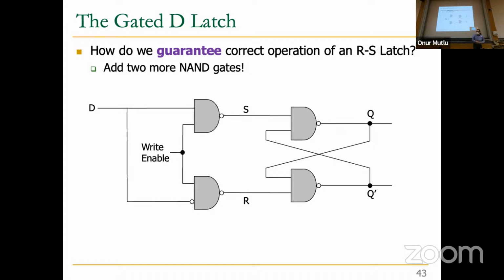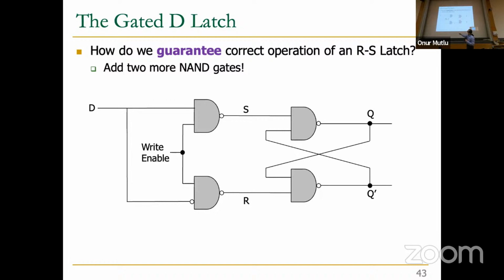That's why it's called a gated D latch. Basically, you really want to write a data value, right? You don't really care about this S and R. You want to say, I want Q to be 1 or 0. And that's the data value over here. And you want to be able to say, sometimes I want to change the value. Other times I don't want to change the value. So you have 2 input signals now. D, the data value that you want to write, and the write enable signal saying, I want to write this data value. So if write enable is set to 1, then Q should get the